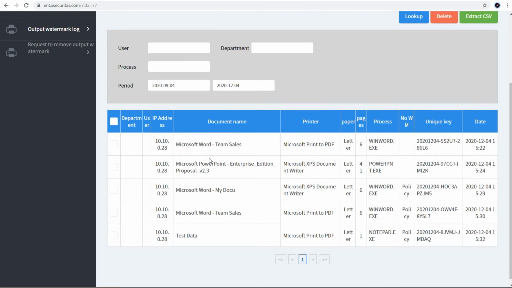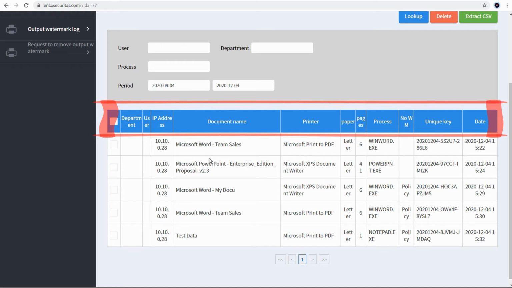If you look at the output watermark log on the policy server screen, you can see that policy is written in the NoWM column. This means that the document was printed without a watermark. Since the document name, printer name, and process name is in the log data, you can see if the watermark is not printed for some reason.